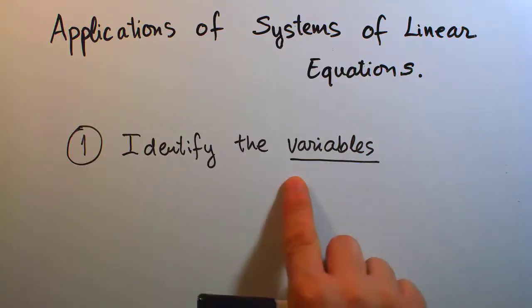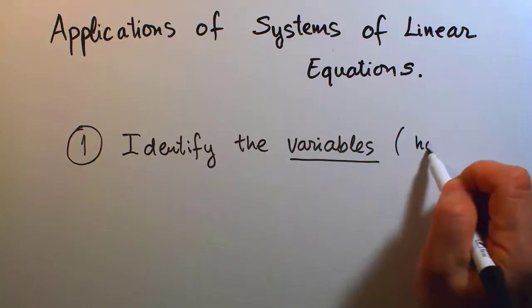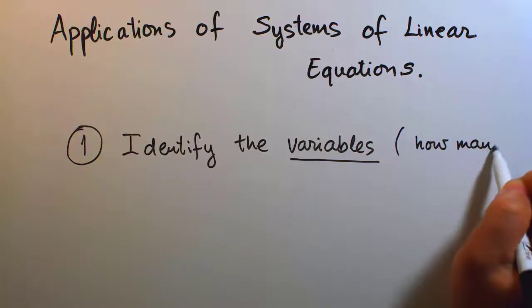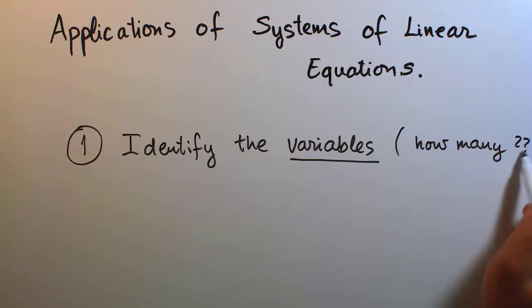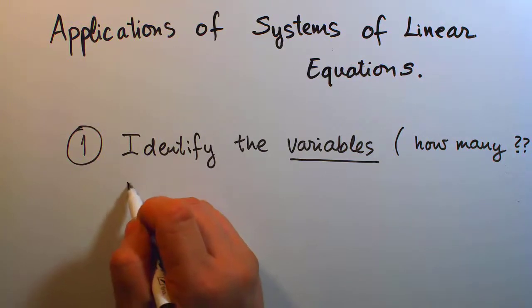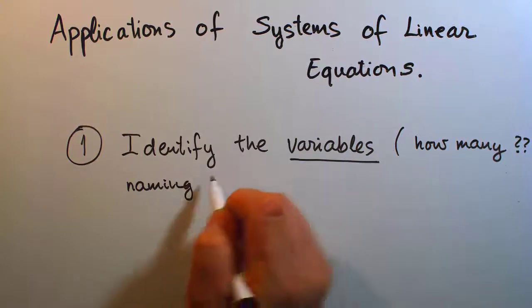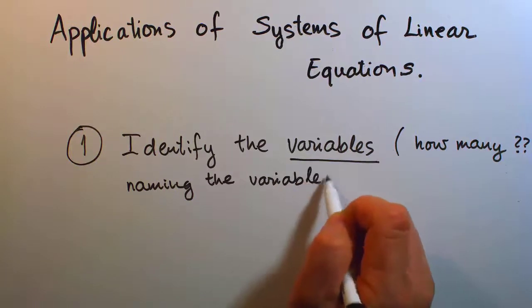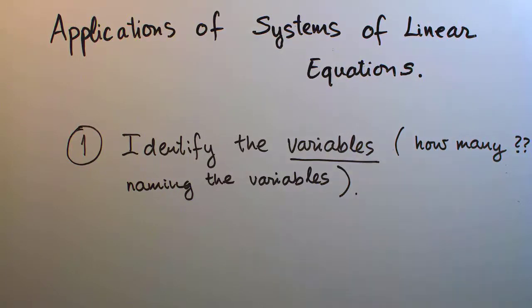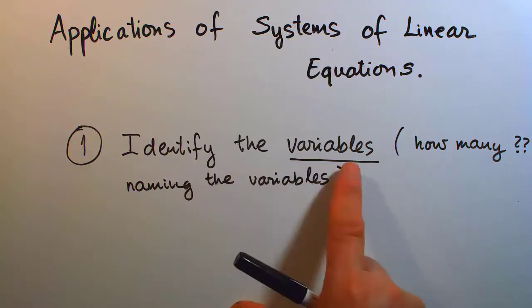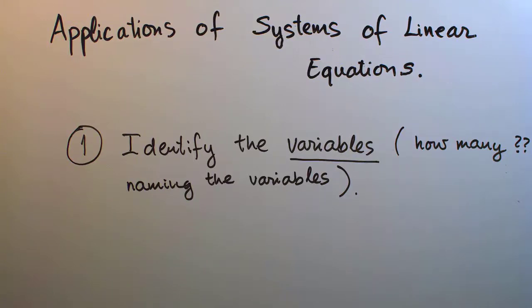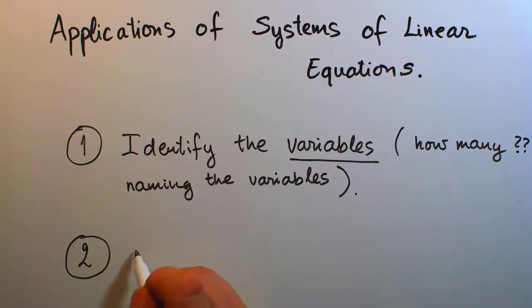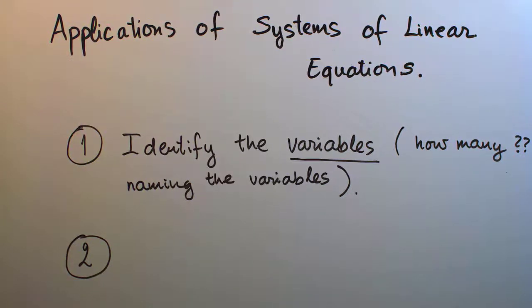And identifying the variables includes finding out how many there are, as well as naming the variables. And once we have successfully identified all the variables that are being addressed in the problem, then the next step here is to, and this step number 2 right here could also be quite challenging,